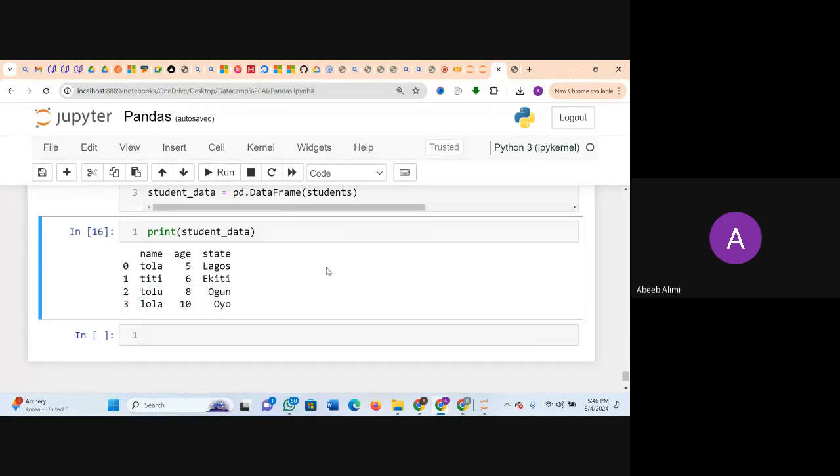One interesting thing about this is, although 0, 1, 2, 3 form the default label, we can always come here and change our index depending on what we want. If you don't want to identify each row as 0, 1, 2, 3, we can identify them as something else, let's say student 1, student 2, student 3, student 4, so anybody reading this will be able to understand it. We can also make use of that.